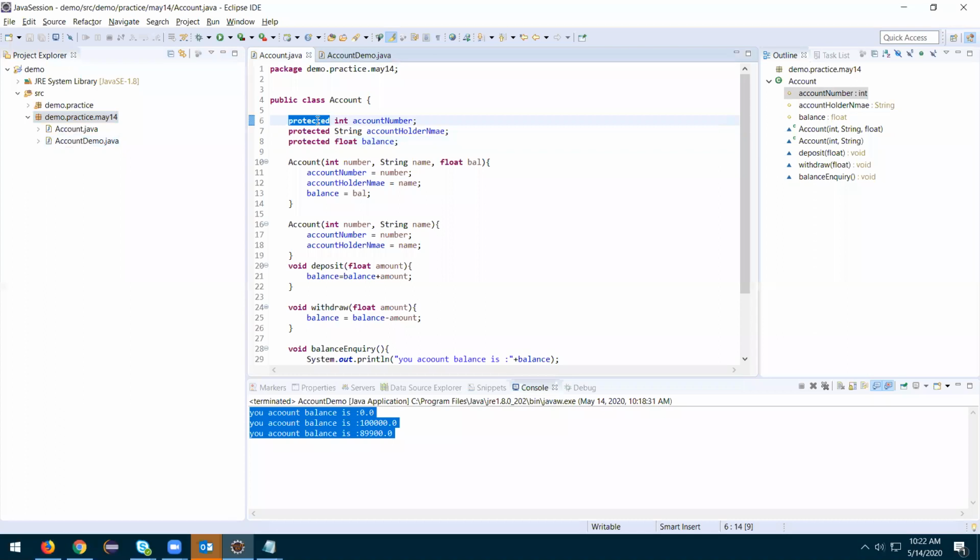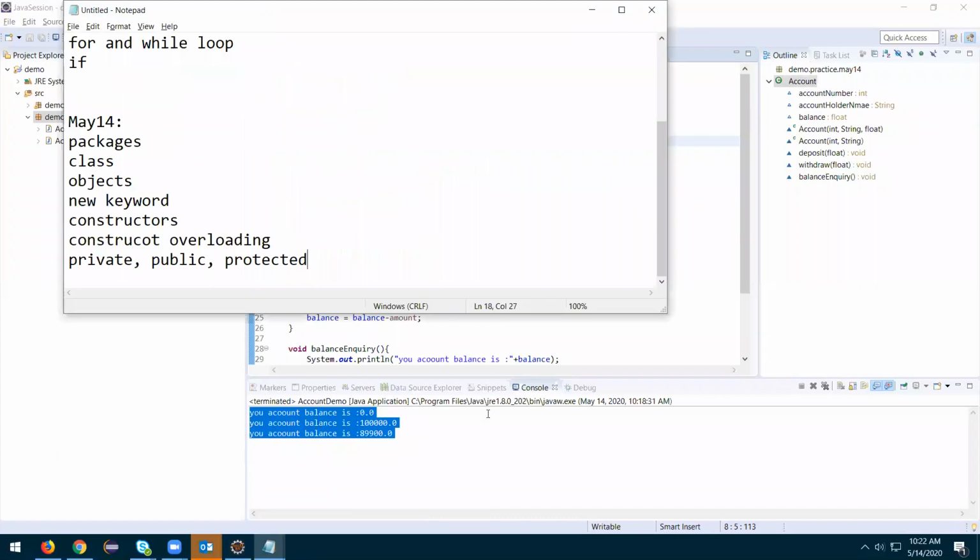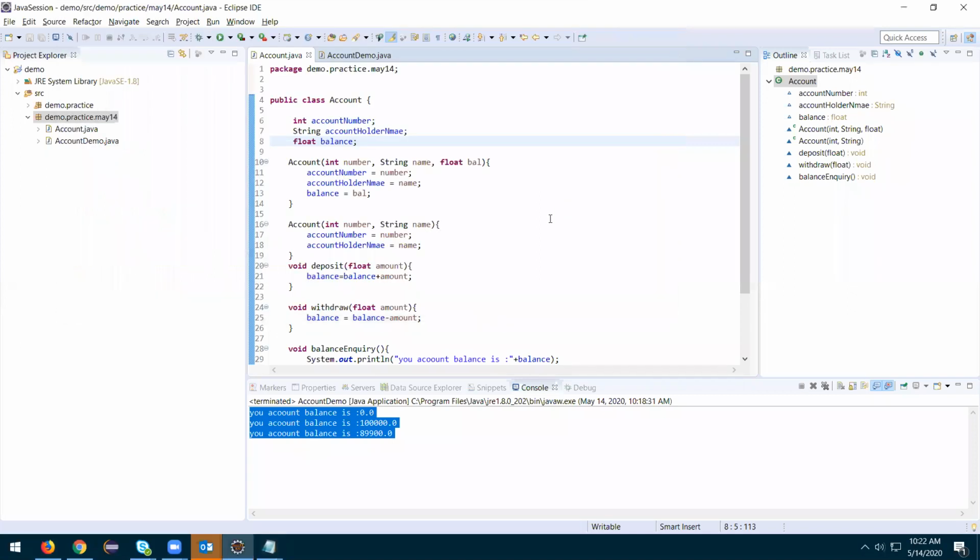If you don't specify anything, what do you guys think? Default. Yes, there is something called default as well. Default also works like protected, but you can also access it from child classes. In another package, we can create one more class by inheriting this account class, and there also we can access it.